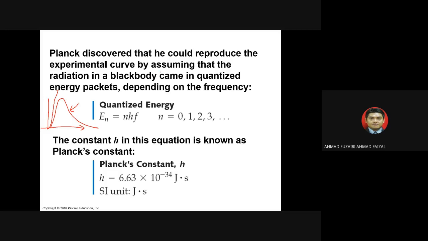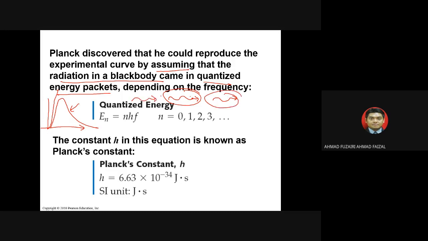By assuming, the physicists use the word assume, that the radiation in a black body came in quantized energy packets. Look at the words energy packets. When you talk about quantized energy packets, it means that energy comes, let's say this is light traveling, so it comes